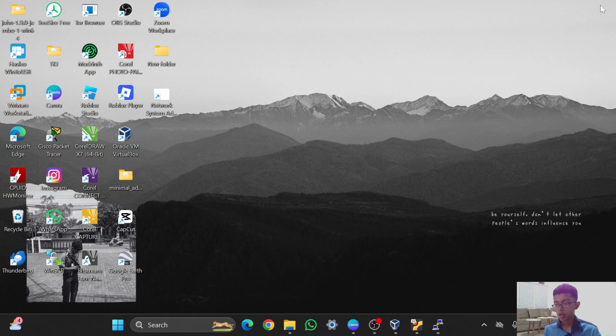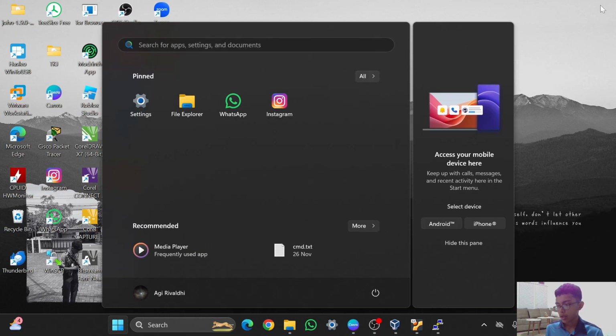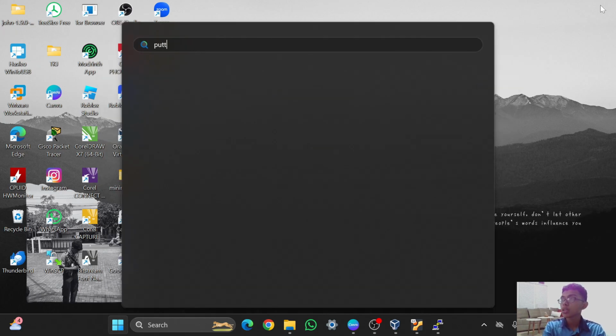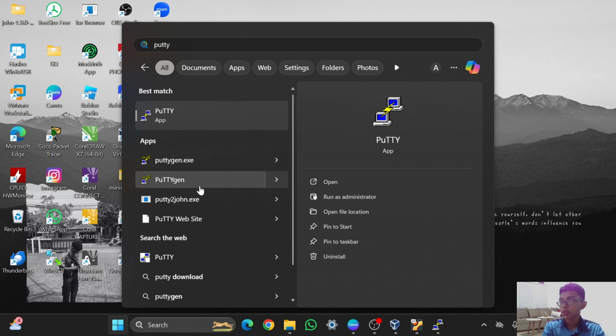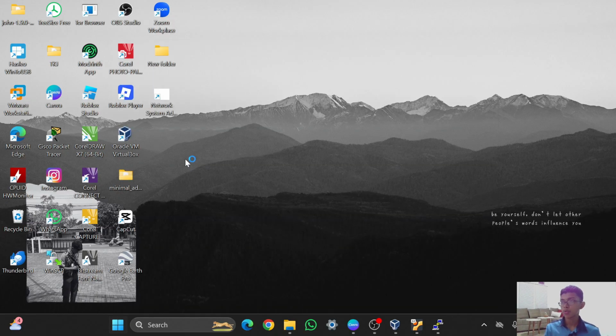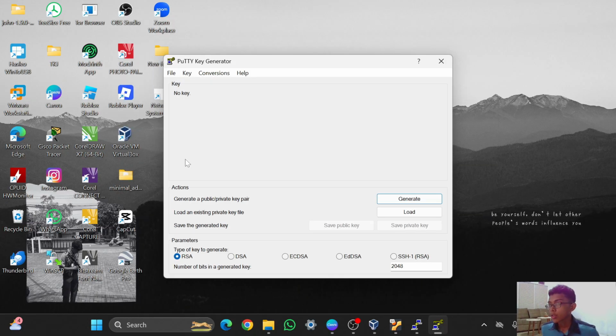So in here, I will open my PuTTYgen, and as you can see, there are two types, which is puttygen.exe and also PuTTY the normal one. We open PuTTYgen, and to generate the public and private key, I will choose RSA, and after that I will just generate it.